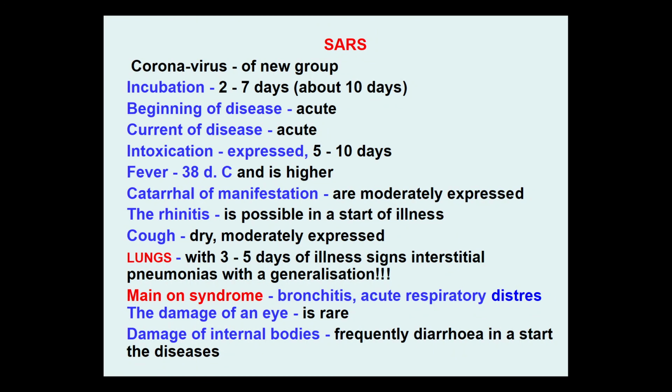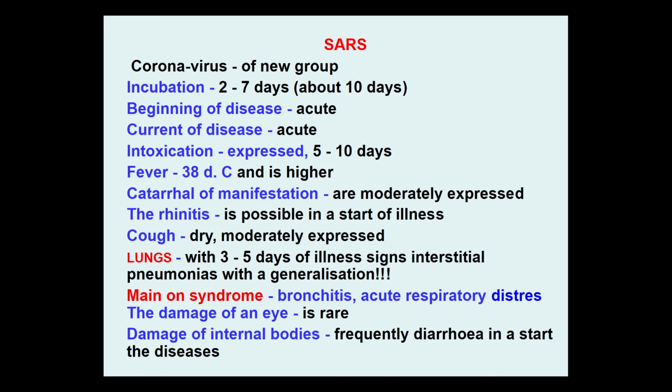SARS. Again, it's a bit of an old lecture about all types of coronavirus. About COVID, I wrote about it a bit earlier, because the first wave of COVID and the waves that we have now are quite different, and I guess we will have some other waves with some other clinics. We'll see which strain will dominate, and then we'll see what to write here. But for the moment, we talk about an old strain. It's SARS, a coronavirus of a new group. It's similar to nowadays COVID-19, but still a bit different.